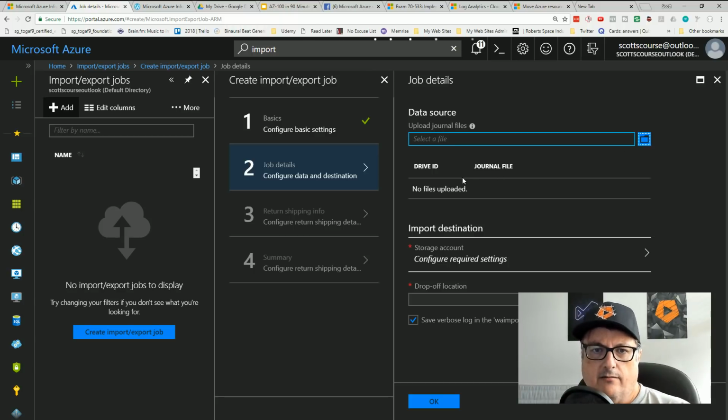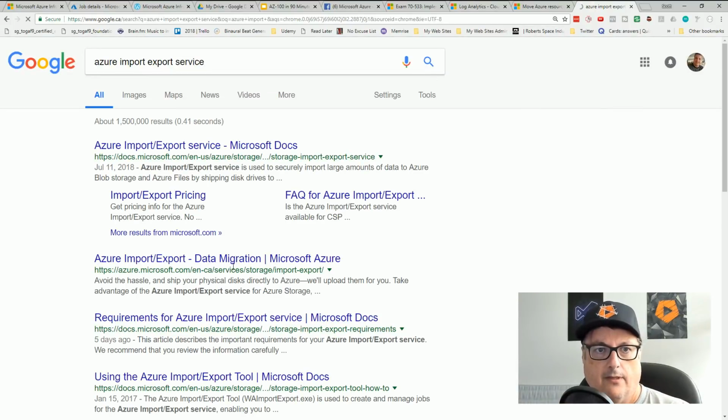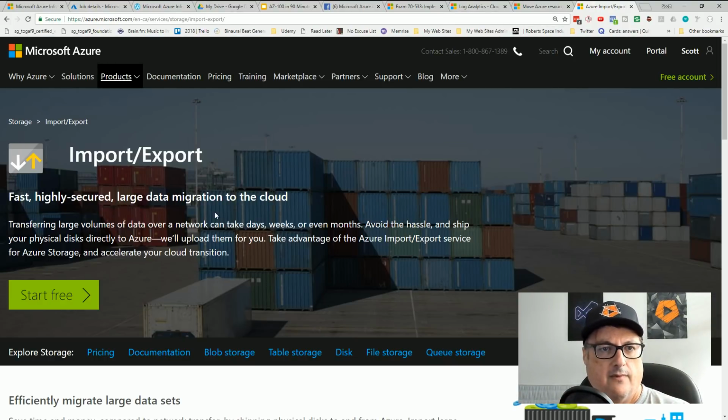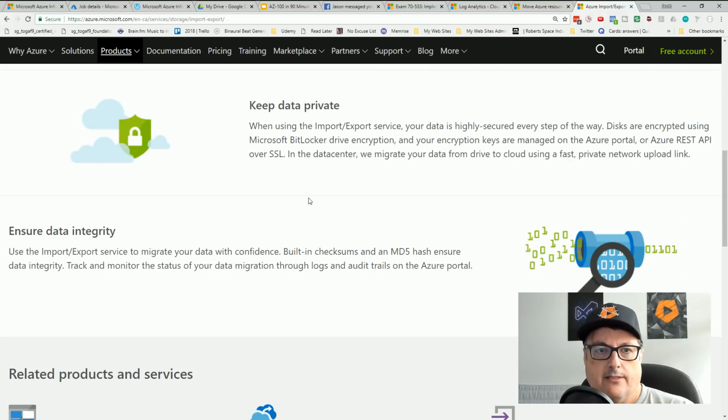So we can, Azure, let's say Azure import export service. Fast, highly secure, large data migration to the cloud. So transferring large volumes of data over a network can take days, weeks, or months. Right.